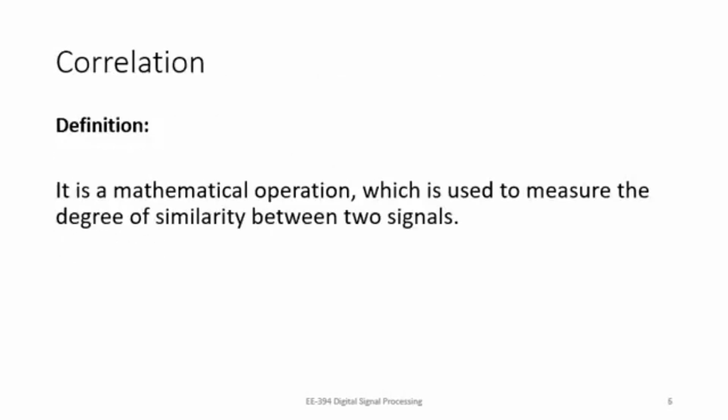By definition, correlation is a mathematical operation which is used to measure the degree of similarity between two signals. Correlation, in a grammatical sense as well, gives you a sense of similarity. It gives you an understanding of how two objects, entities or phenomena are similar to each other. In a very similar fashion, correlation in signal processing refers to a mathematical operation used to measure the degree of similarity between two signals, and by that we mean that